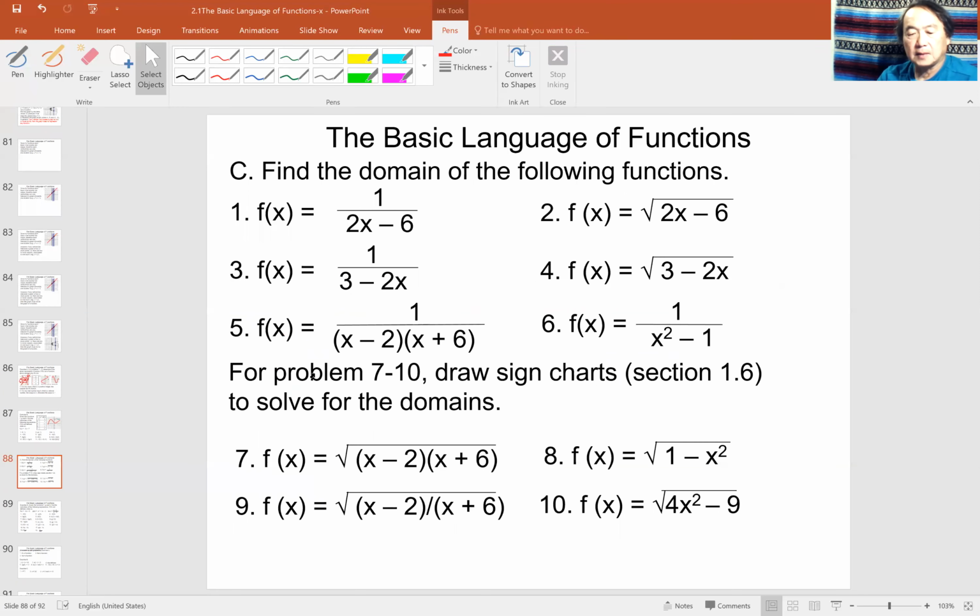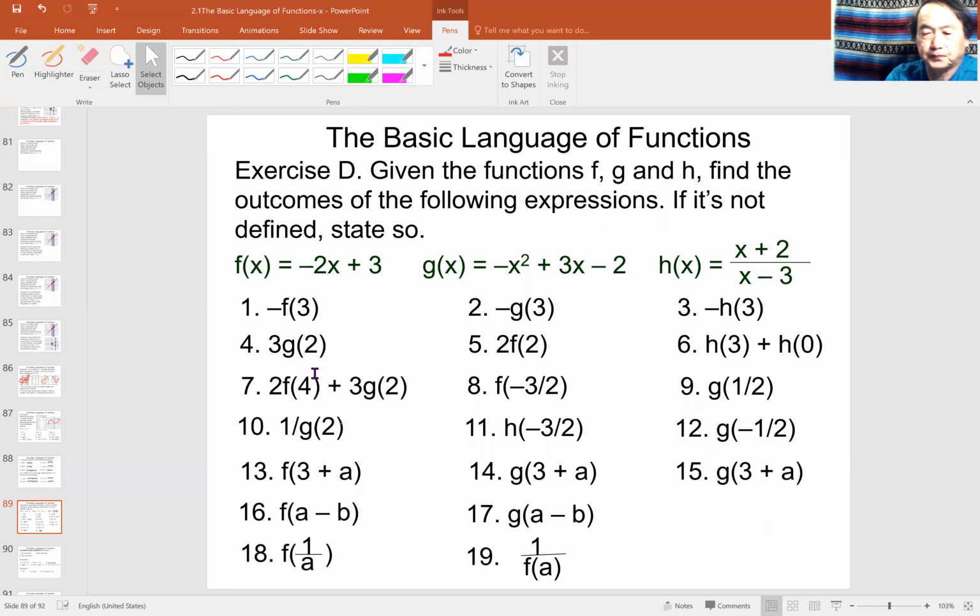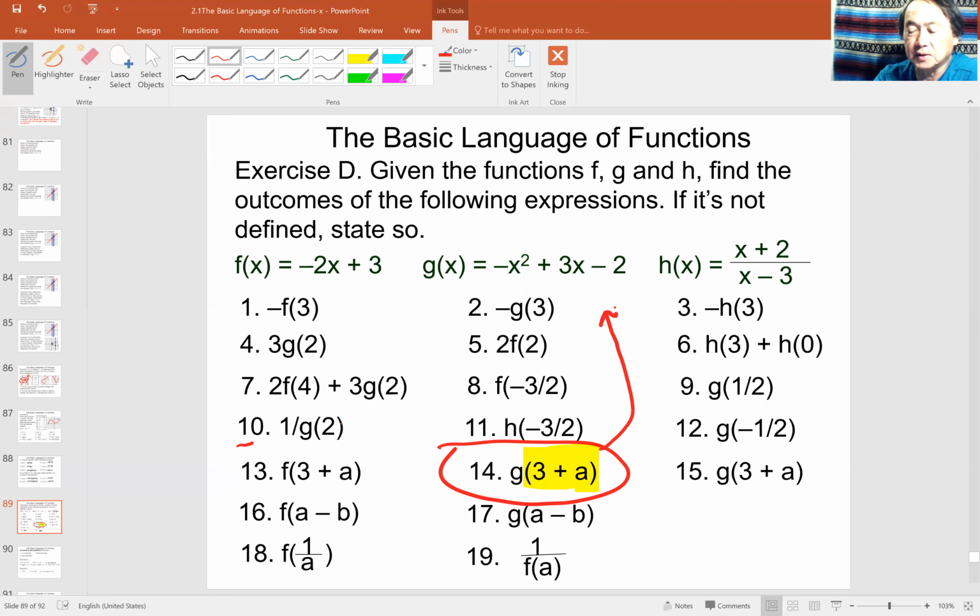And another thing about functions is that I can plug in, for example, the number 14 here. But the input doesn't have to be a number. I can actually plug in a formula. So I can take the formula 3 plus a and input this into the formula g. So here's formula g. First of all, you put 3 plus a in for the x. So it becomes minus (3 plus a) squared